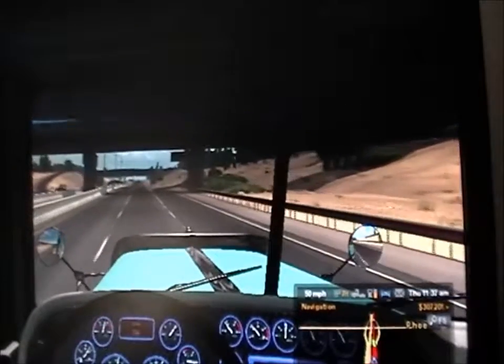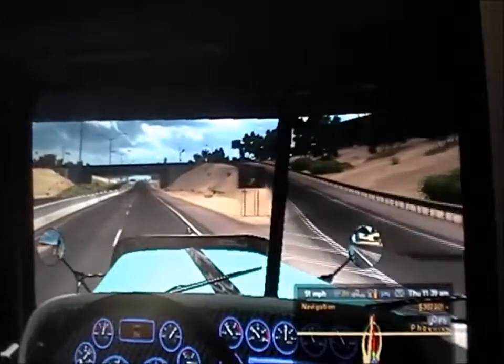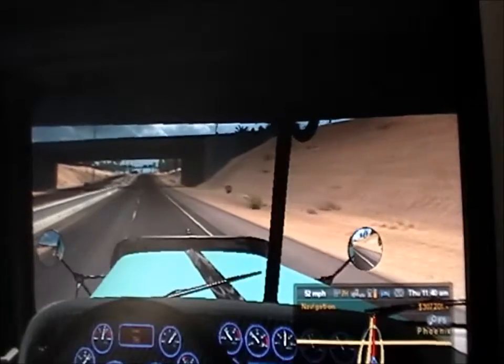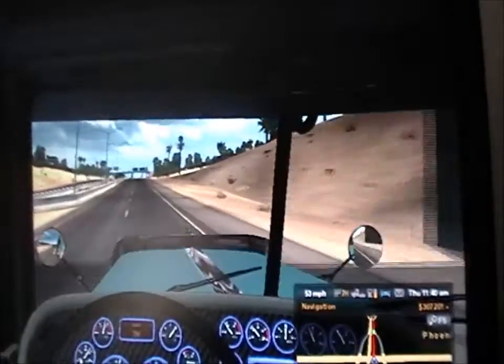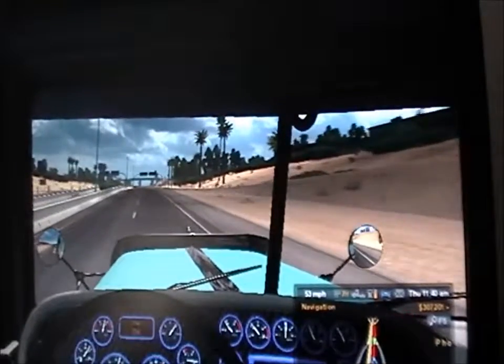A beautiful truck. I do enjoy driving this around. Like I've said the 2 previous times, and I'll probably say it a million times in this video, this truck is so smooth just driving. I mean, maybe this should have been the first truck I bought instead of the 900WL, but